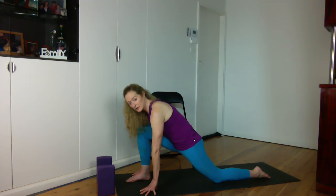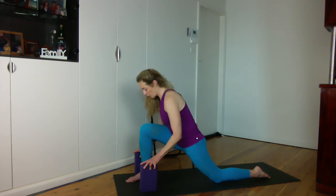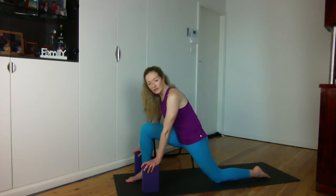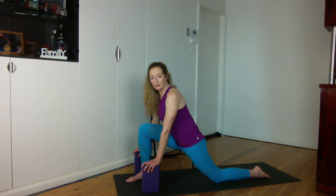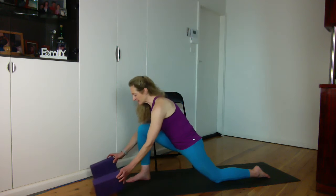Now, if this is super tight for you and you just can't get your hands down to the floor, you've always got the option of bringing your hands onto blocks or something else that will help you do the pose. So modify as much as you need to. It's your body. There's no point struggling and rounding your back and feeling that you can't breathe properly. You want to be able to make it easy. It's challenging enough, so make it as easy as you can within your body and what's going on for your body. And then take a nice deep breath in